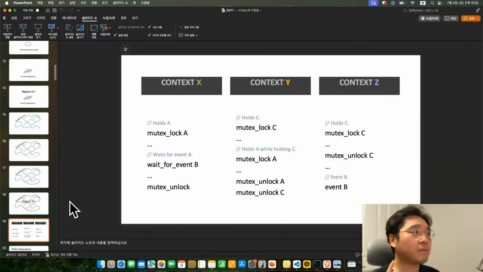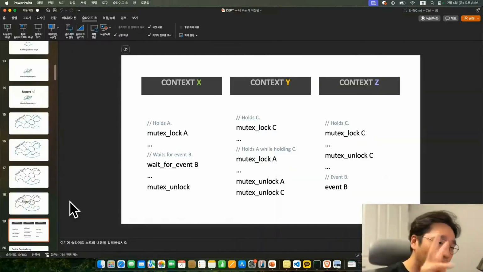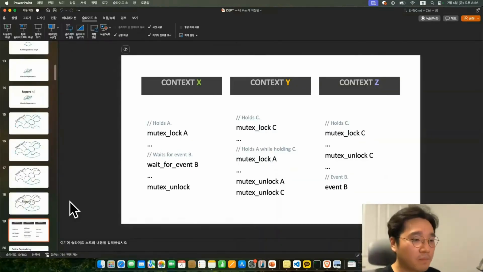This is a complex context here, with three contexts, and everyone needs to remember